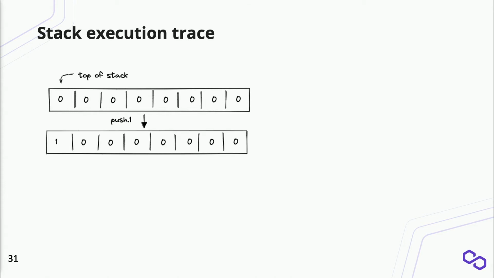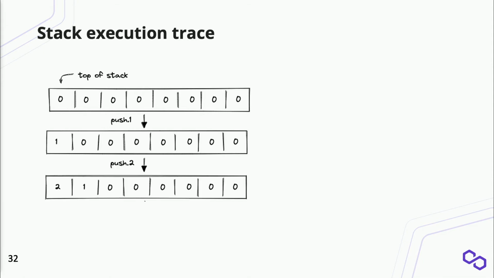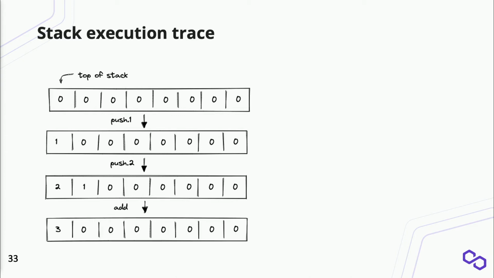So like we wanted to execute a push 1 instruction. What it does is just puts 1 in the leftmost column of the stack. Then there is a push 2. The transition constraints for this are very, very simple, for example. And then you have an add that adds the 2. So that's how the stack works, and this would be an execution trace of a stack component in the